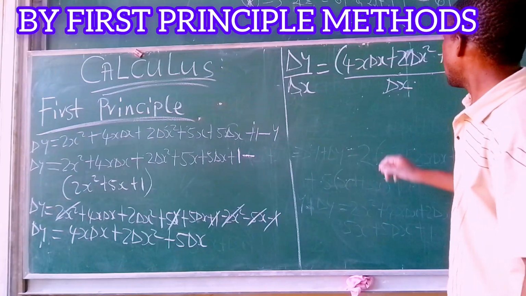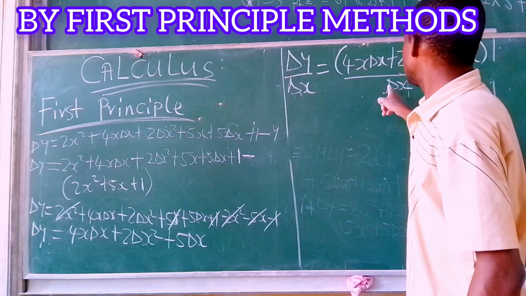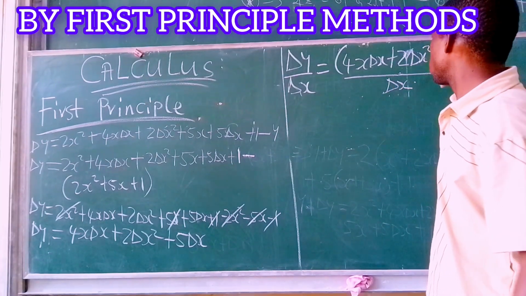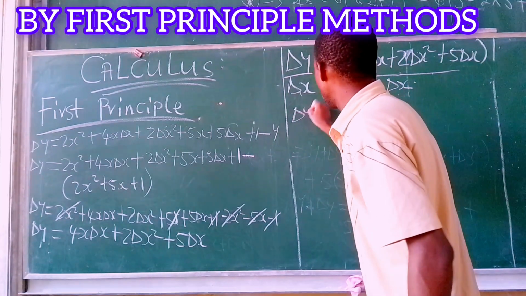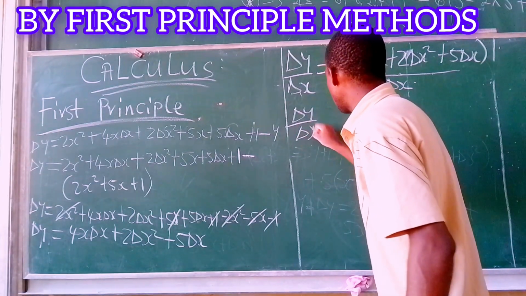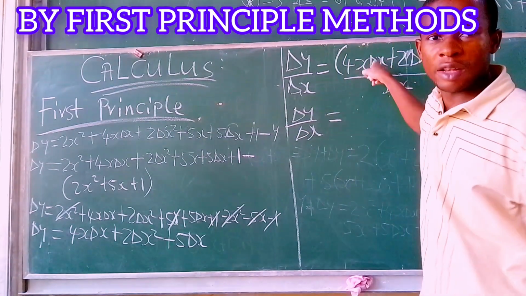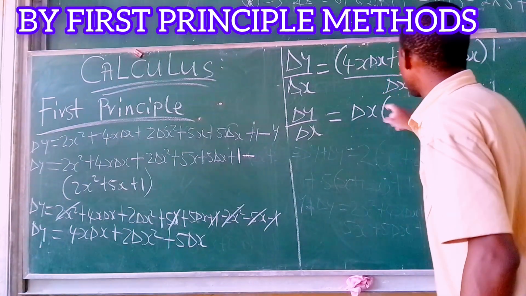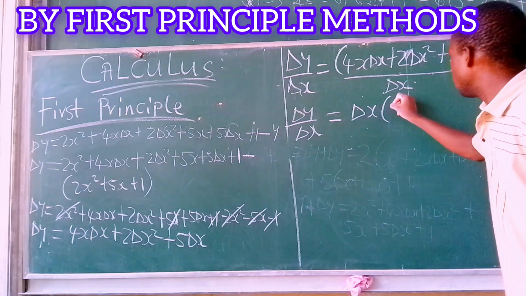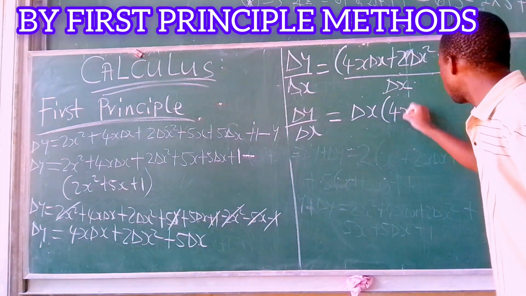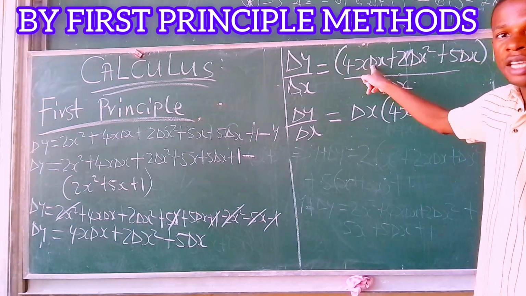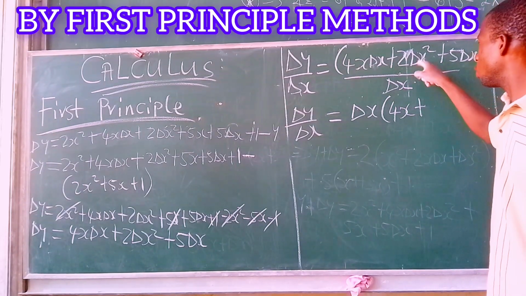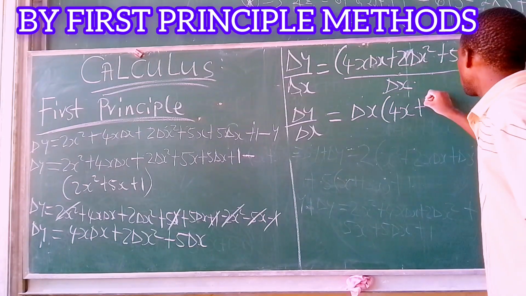Now at this point, you know that this dx is also attached to each of these values. So we're going to have our dy over dx. Just factor out the dx from each of these terms. We're going to have the dx outside the bracket. If you remove the dx from this term, we're going to have inside the bracket 4x. I'll remove one of the dx, right? That's good. Plus, this is 2 dx square; if you remove 1 dx, what remains is 1 dx. So we're going to have 2 dx